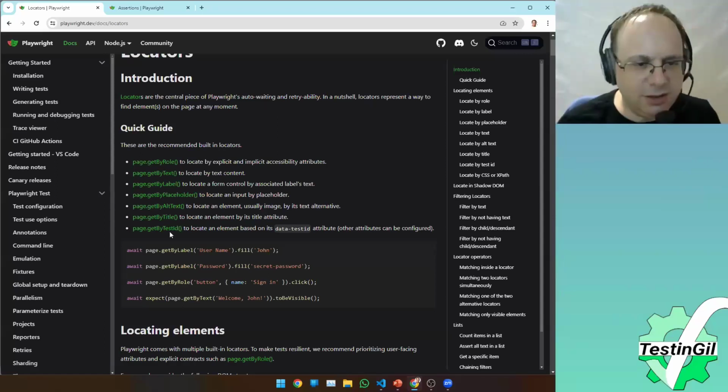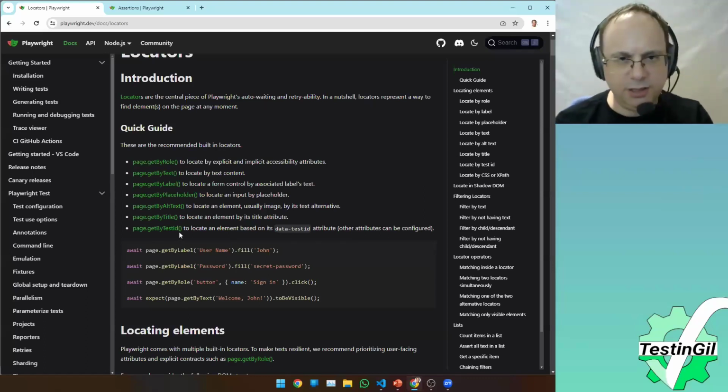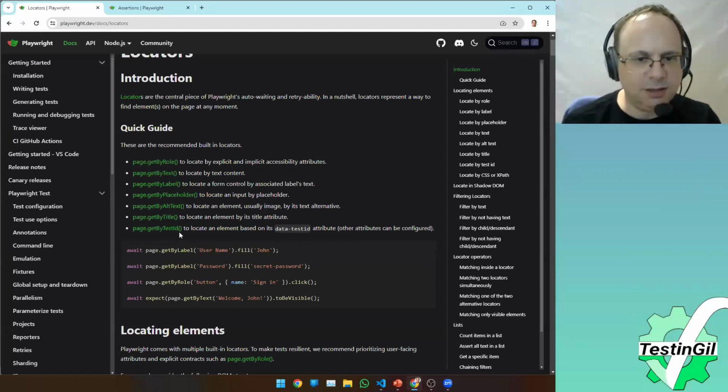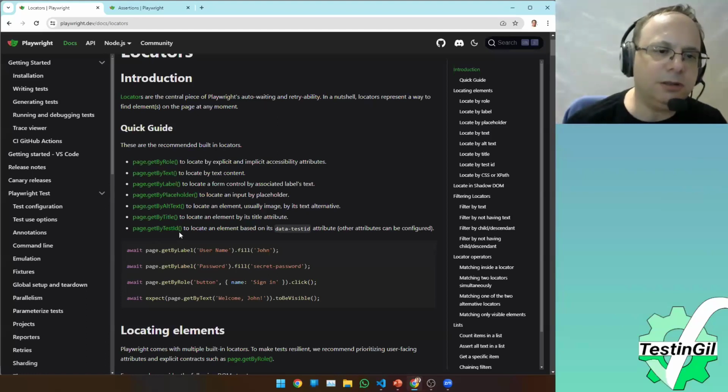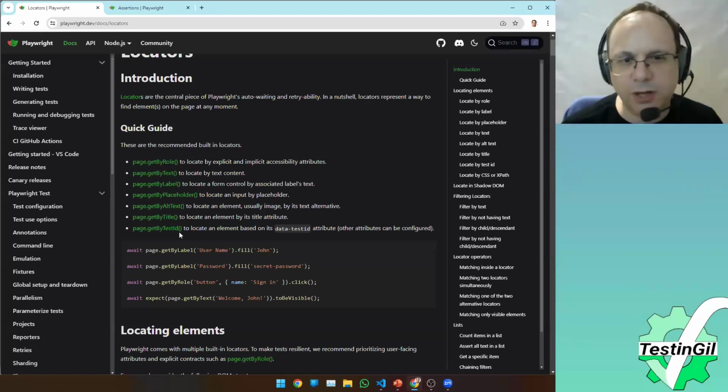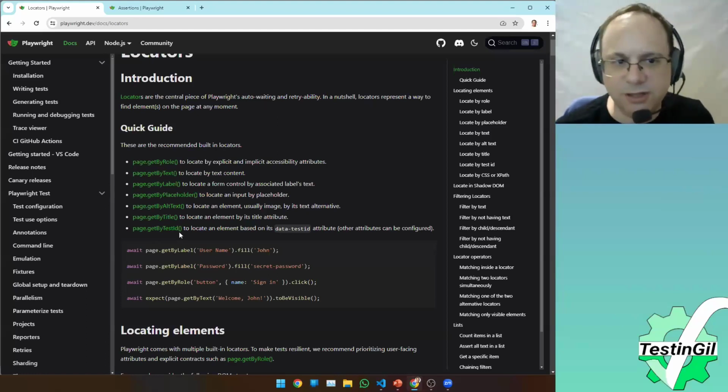You can see that you can get by test ID. If you're familiar with developers putting data-testid attributes on elements, it will find it by test ID. But the recommendation is to test like a user, and a user will not see test IDs because they're in the code. So